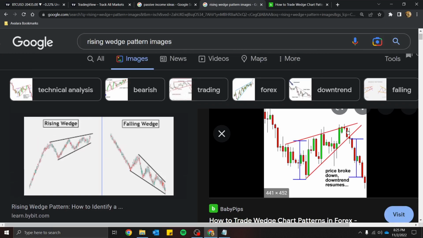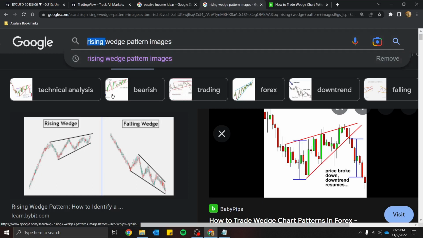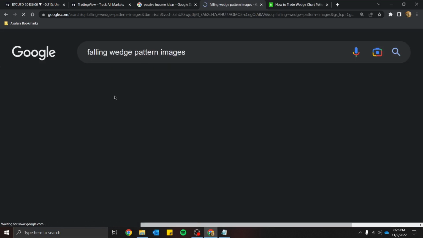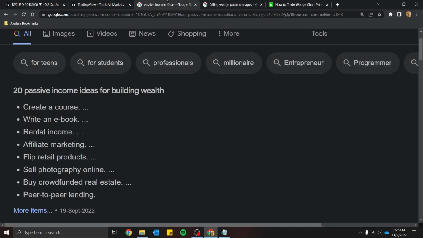So in this case we saw the triangle broke the lower line, so the chances have increased that a fresh amount of sellers have entered into the trade, and the stop losses of the buyers have been hit, so the price broke down and the downtrend resumes. Okay, so this was about the rising wedge, and similarly for the falling wedge we can see this kind of pattern. Once this level got broken, we have seen this sharp upside move over here.